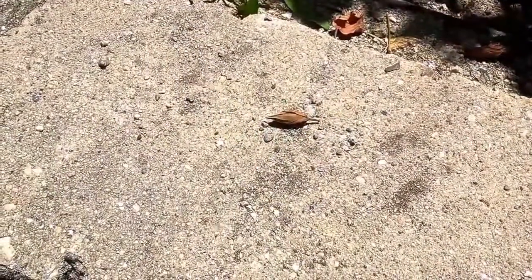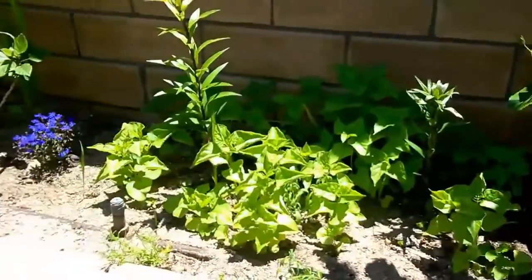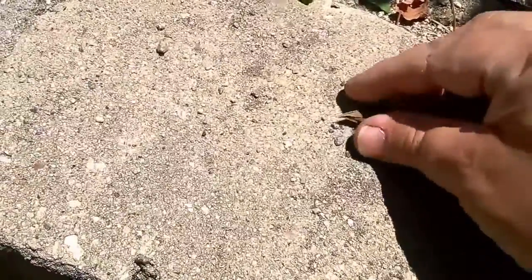This, I'm pretty sure, is actually a seed pod from one of the 4 o'clocks that has managed to dry out, which might explain why there's so many of them in the bed here when we only planted 8. They just fall, and the seeds are small enough that you don't really see them. Let me see if I can do this without shaking too much. I'm going to try and break this open and see if...